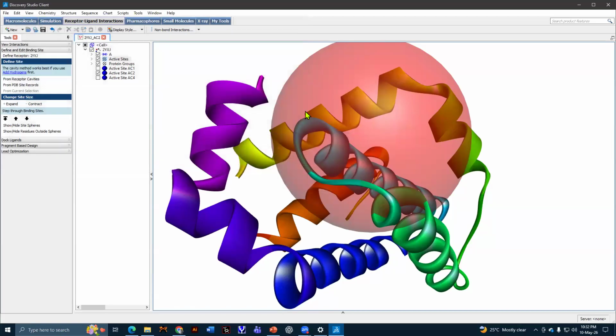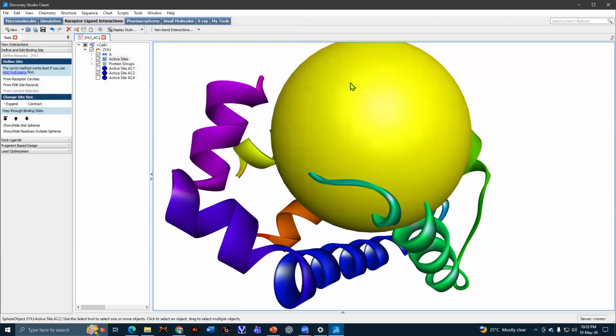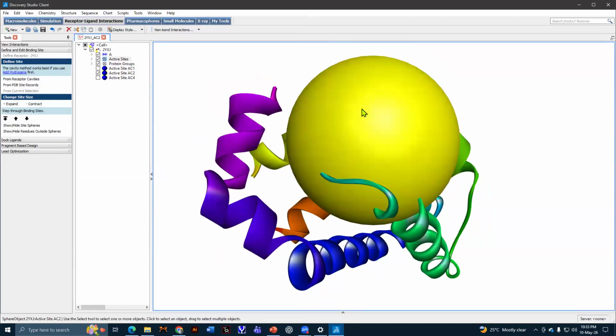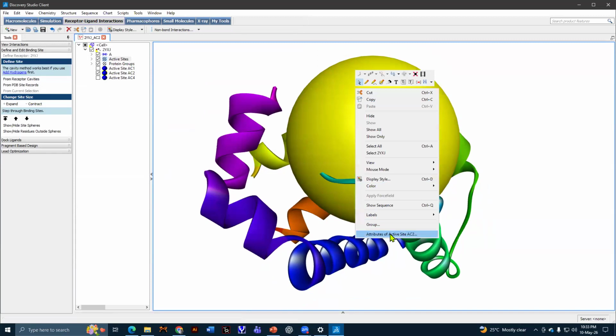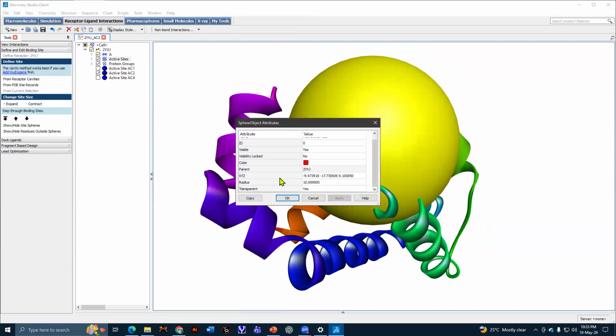Okay. Now we have to collect the coordination of this active site, the XYZ coordination for preparing the grid box. Let's right click on it, attribute of active sites. You will find the XYZ coordination here, the XYZ coordination and the radius of this active site, as this site is circular,